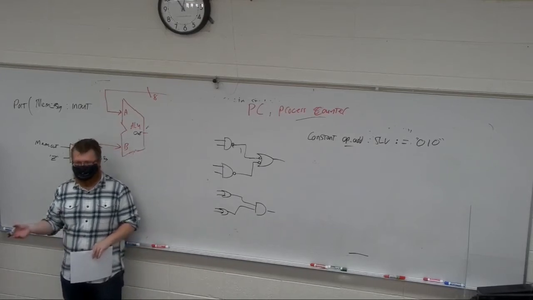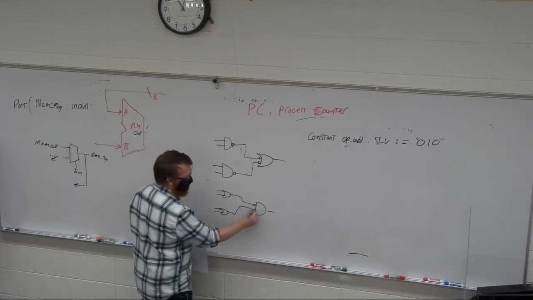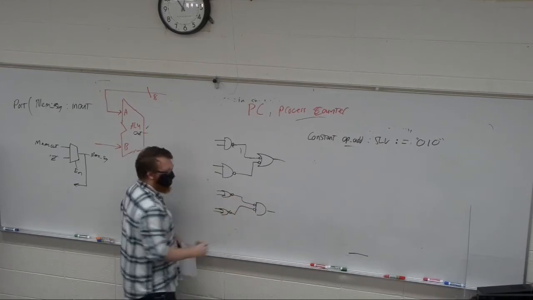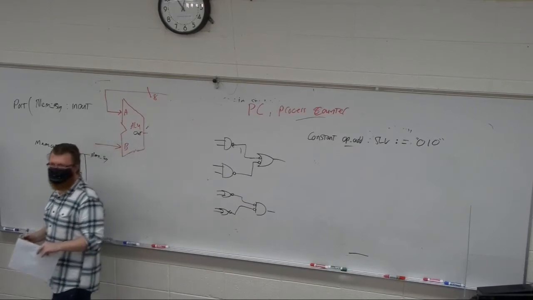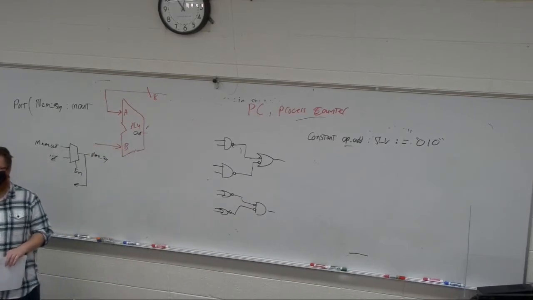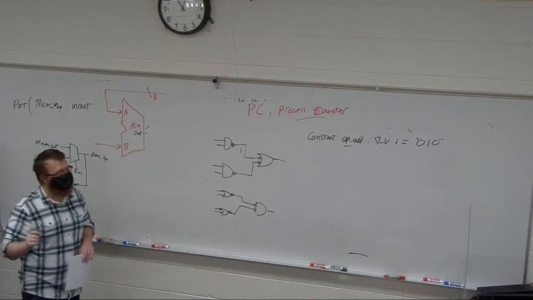So that means circle the zeros. And then, when I do the bubbles, I now have NOR gates. Yes. So on min terms,